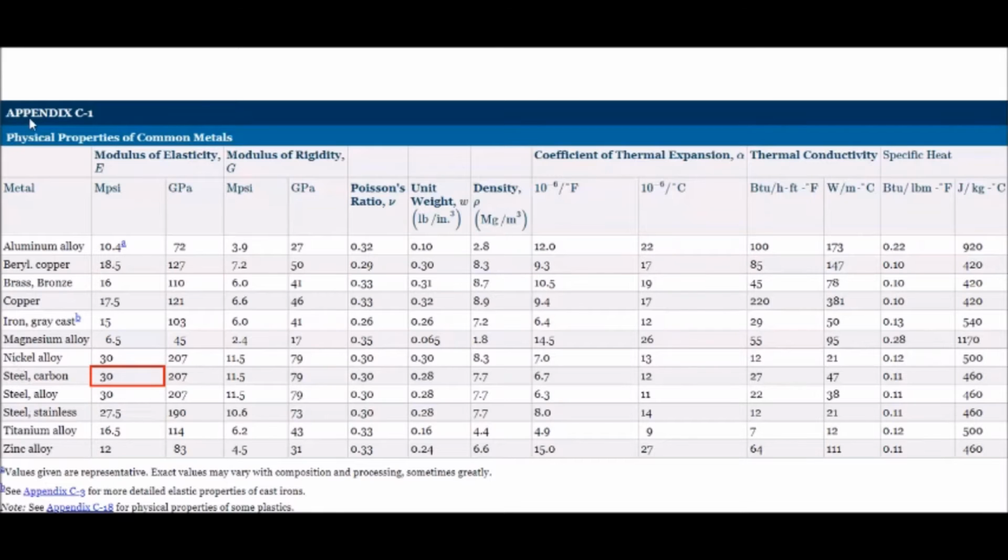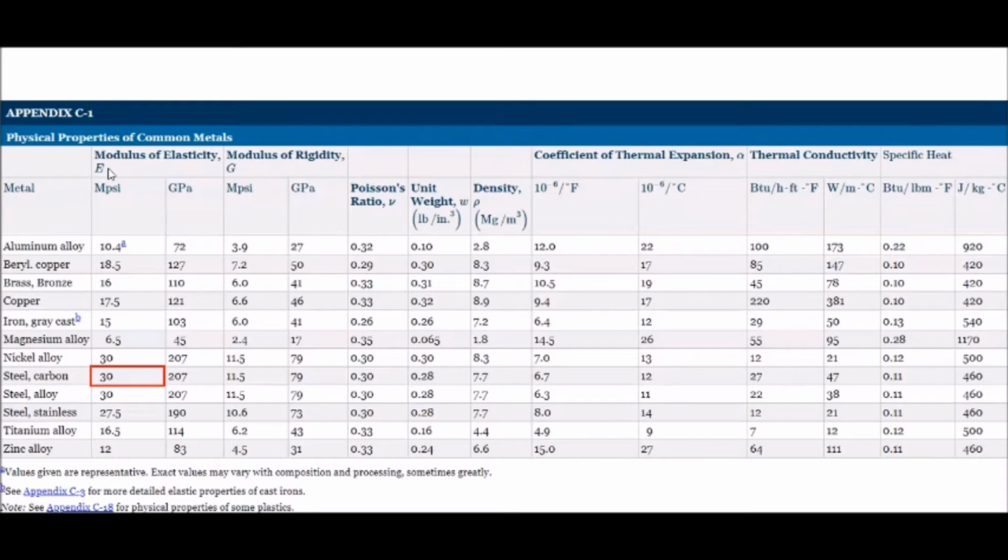So now we head to Appendix C1 in the back of our textbook. Here, this is a table for the physical properties of common metals. So we can go back to the problem statement and realize, okay, our metal that we're dealing with is a steel. So if we're dealing with a steel here, we can come over, and we're left now, if we look on the top here, modulus of elasticity, modulus of rigidity, all these other different values here, but what we're concerned with is